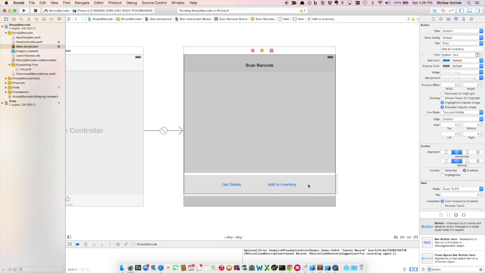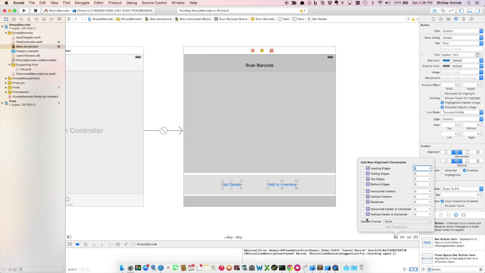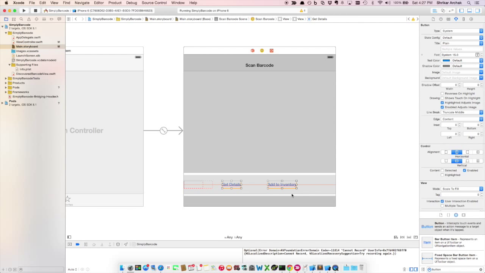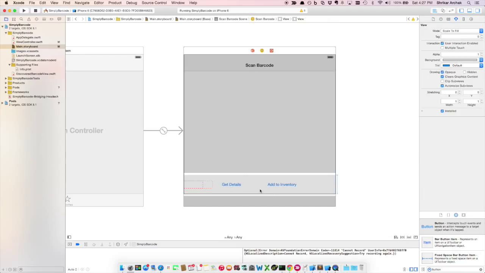Now select these two buttons and let's go ahead and align it vertically in the container. That should be fine. As you can see, there are these red lines here, which means that the layout constraints are not satisfied. So let's click on this button, or you know what, let's go ahead